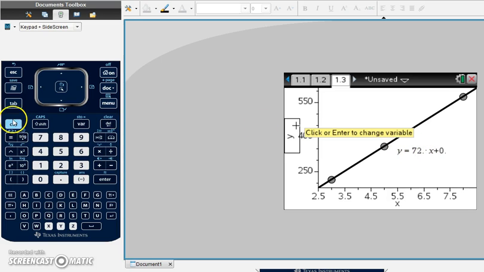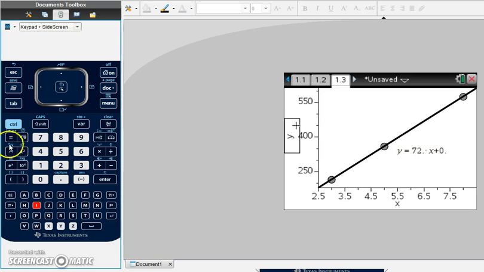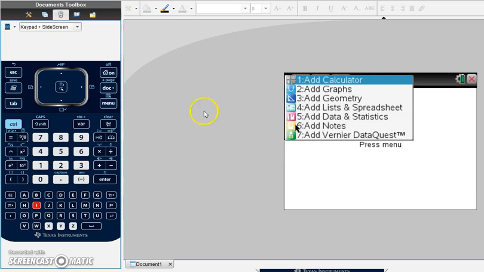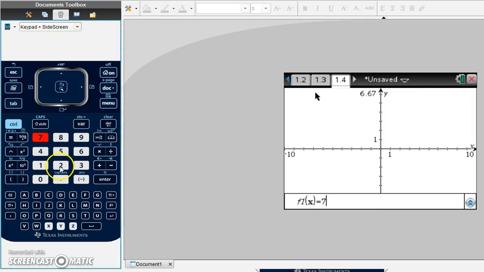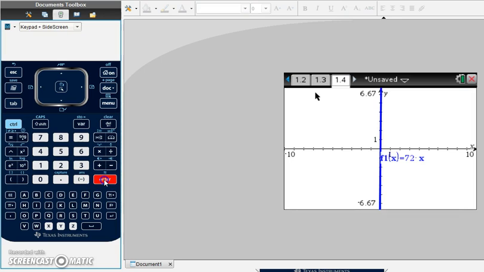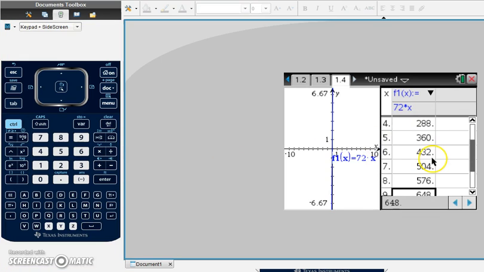With this in mind, what I'm going to do is what? Well, I know it's 72x. And it looks like a line like that, but it's not. I look at the table, and they're asking me for specific numbers, and I just look for those numbers. At 12 is 8,